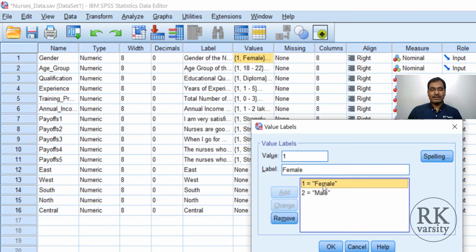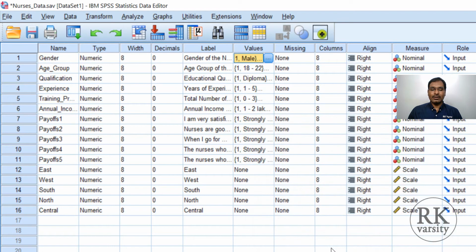So first one is here 1 female. Now 1, convert this as a male. Then click on change. Then you have a 2 and 2 you want as a female. So 2 female. Then click on change. So now your code 1 is a male and code 2 is a female. So this way you can recode the value labels. So this is done. Click OK.